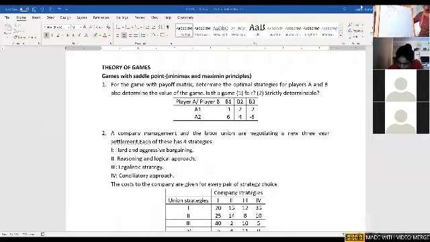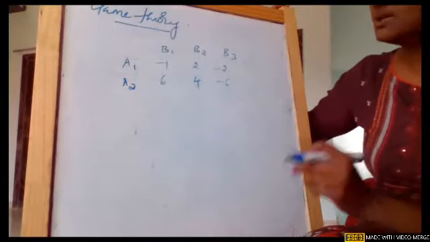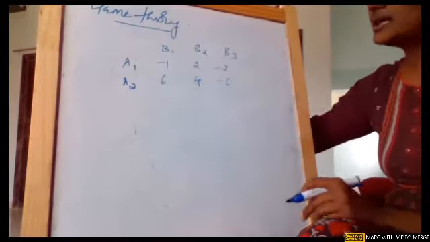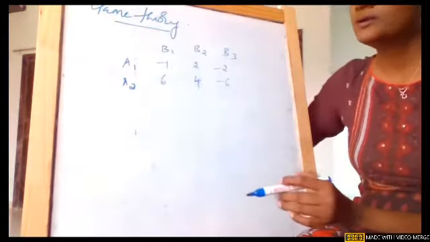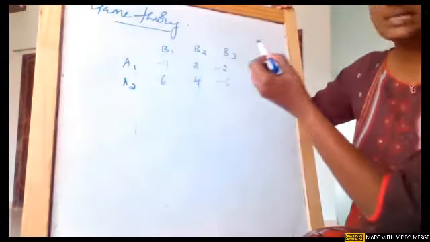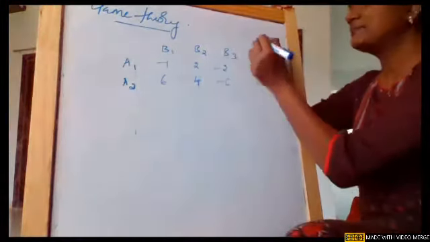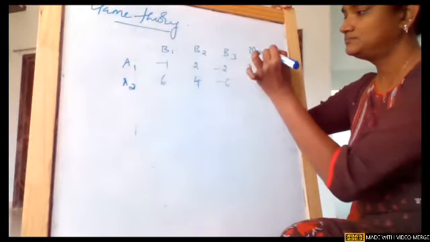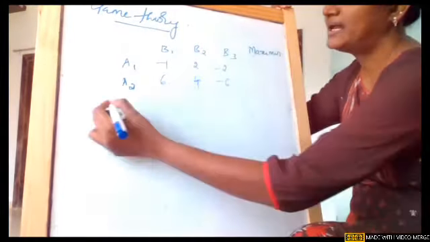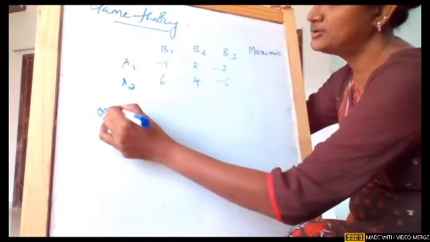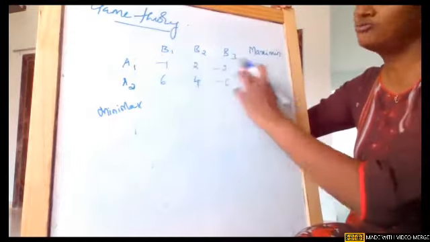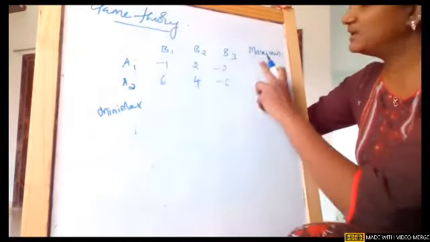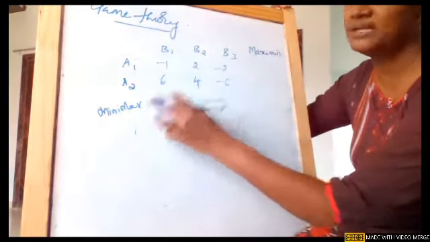So how to find out the saddle point for this particular game, we will just see. This is a game matrix which is given to us, and they're asking us to find out the saddle point for this particular game. So now for saddle point, first we have two things, girls, maximin and minimax. You remember, always row wise, you will get maximin.